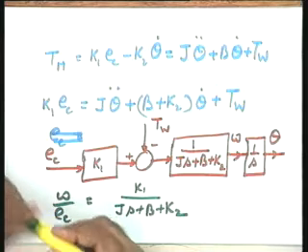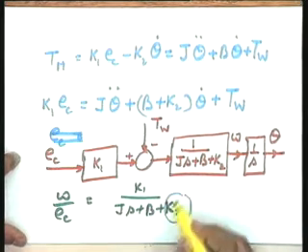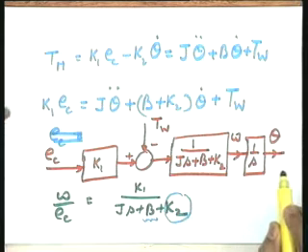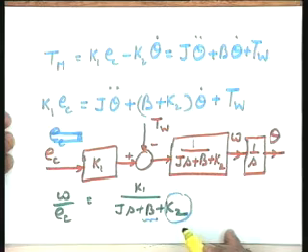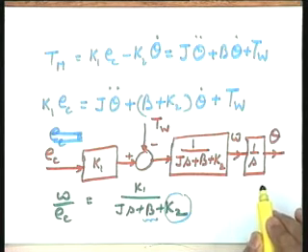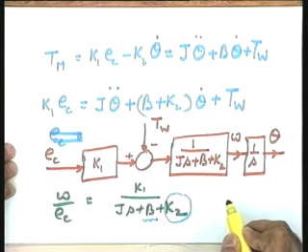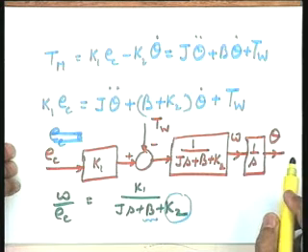Now can you tell me what is the effect of K2? Please see, K2 is adding to the damping of the system, the mechanical damping of the system. So it means it is behaving, as far as damping is concerned, the way the DC armature controlled motor behaved. K2, that is the AC motor, is adding to the damping of the system, and the time constant of the system becomes J divided by B plus K2, where K2 is a parameter of the system.